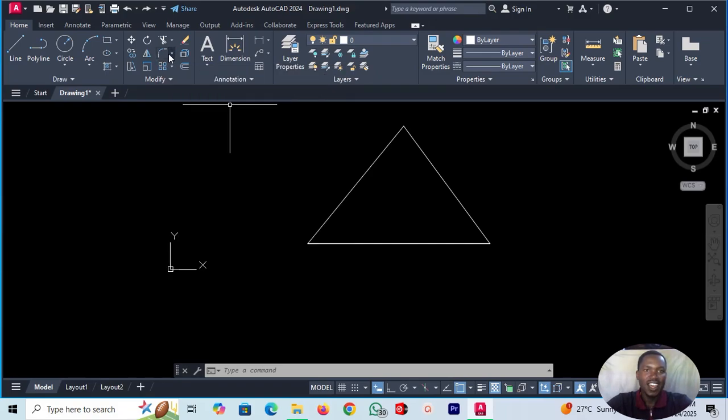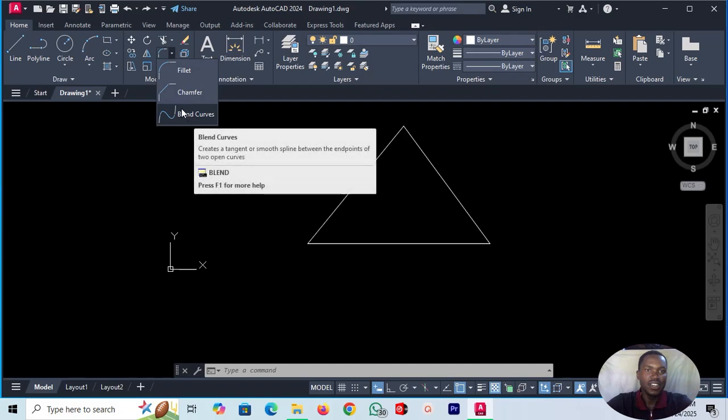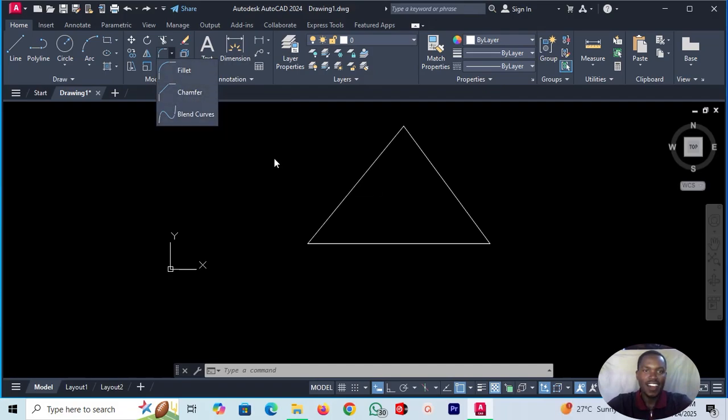fillet. If you see the fillet, it has also a chamfer and a blended curve. So for now, we shall use a fillet and a chamfer. So what is a fillet? A fillet is a smooth curve joining, let's say, 2 points. Yeah, a smooth curve joining two